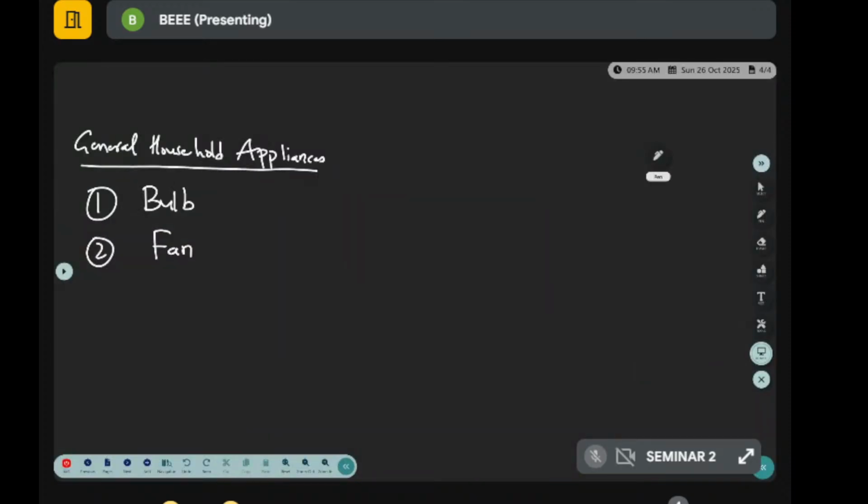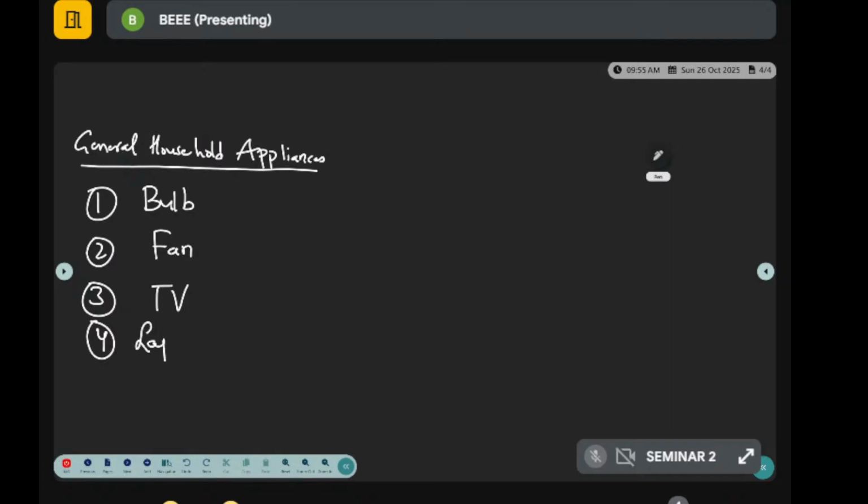So fan, table fan or ceiling fan. The third one is immediately TV. Without TV, no one will live. Without food you can live; without TV you cannot live. Right. The fourth one,